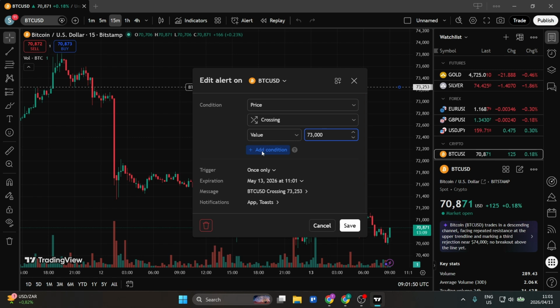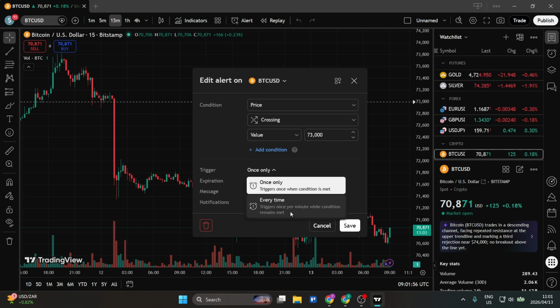We can then also add other conditions. Okay, you will need premium for that. Then you can have that triggered once only, or every single time it moves over that particular value. You can also see, you can have an expiration date, the message, and then you can also go in here